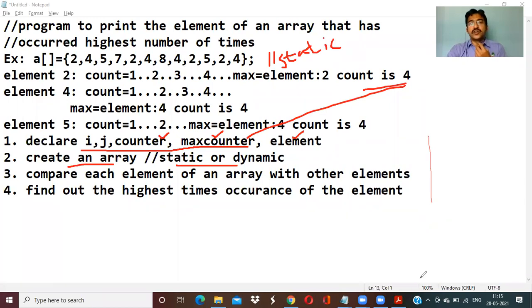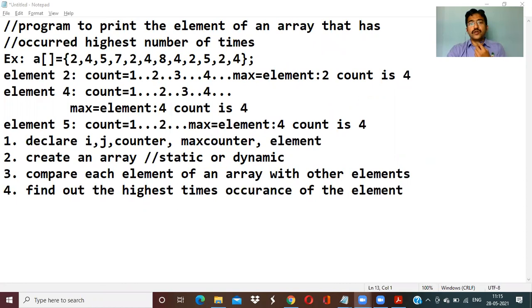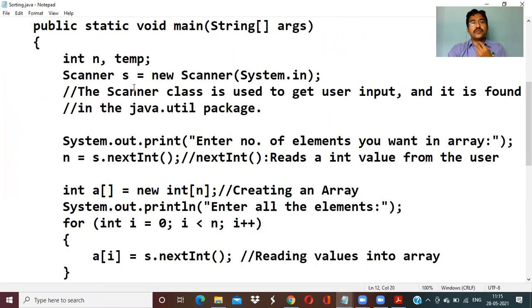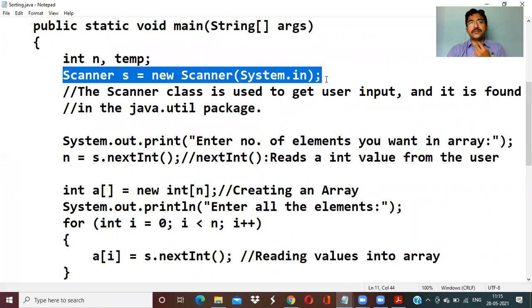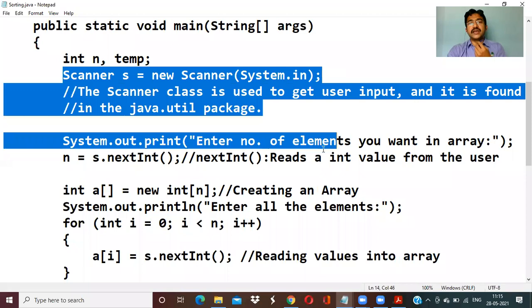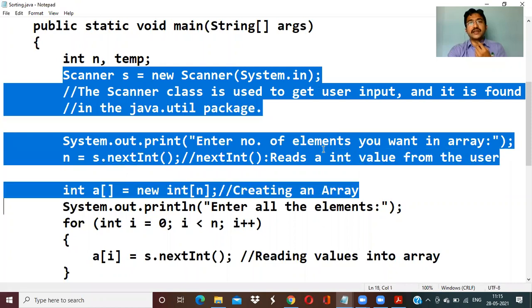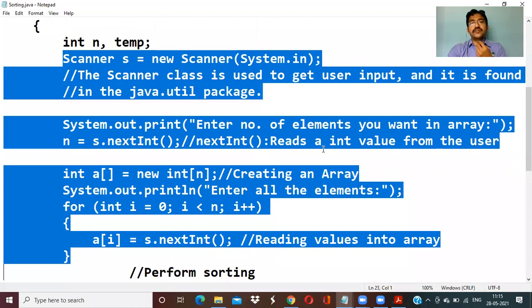Dynamic, in the sense, hope you remember program 1, that is sorting. I'll show you what you can do. You create a Scanner object, reading from the keyboard, you enter n number of elements, read the n value with nextInt, create an array of that n size, and then read n number of elements.